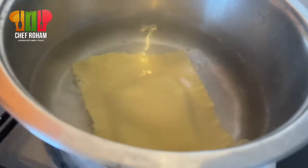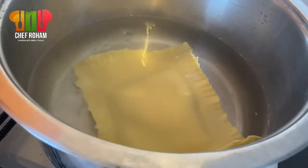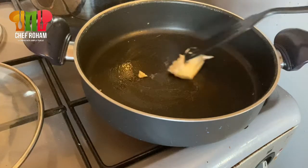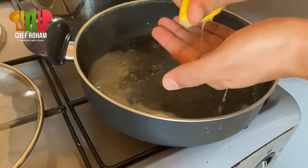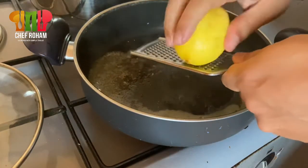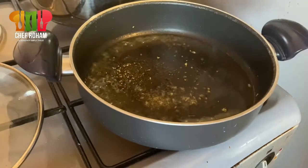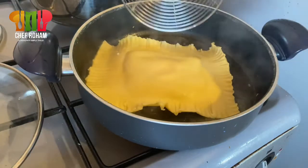Time to cook our ravioli. It takes no more than 5 minutes, usually 3 to 5 minutes, and meanwhile we make the sauce. I have used the lemon butter sauce and some of the lemon zest and my beautiful pasta water, and put the ravioli